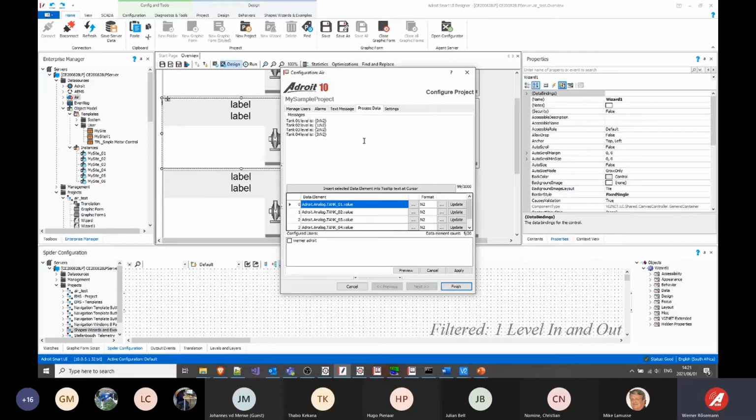On this interface, we've also made a couple of usability improvements, the chief among which is the ability to preview what your process data message is going to look like on the client side. So if I preview there, this is pretty much what the user will receive on his device. Now I've noticed I've made an error with my formatting, not that it's going to make a difference at the end of the day, but I'd like to keep this correct, so I'm going to change that to floating point,